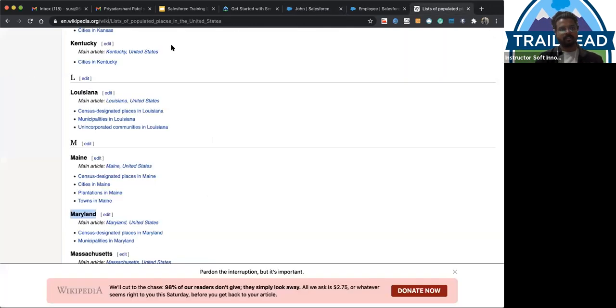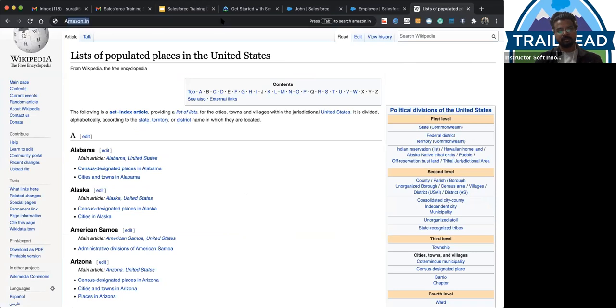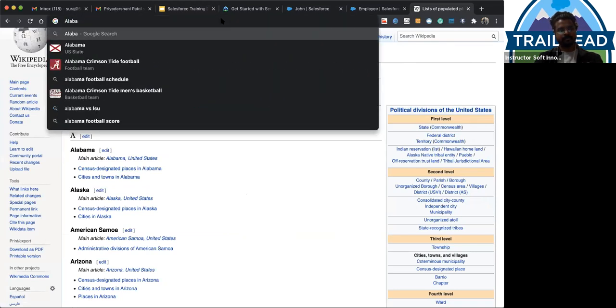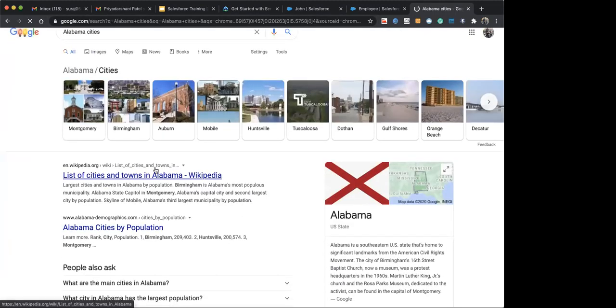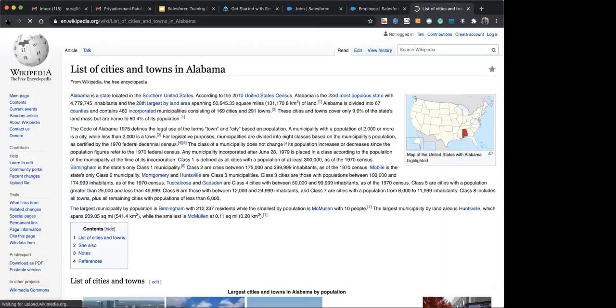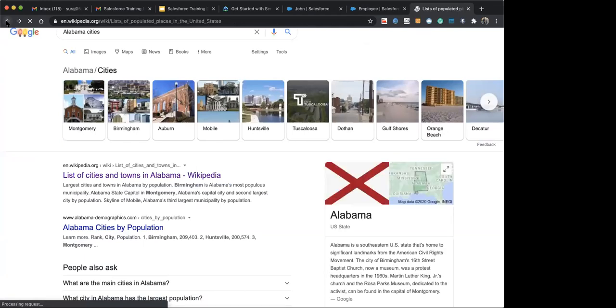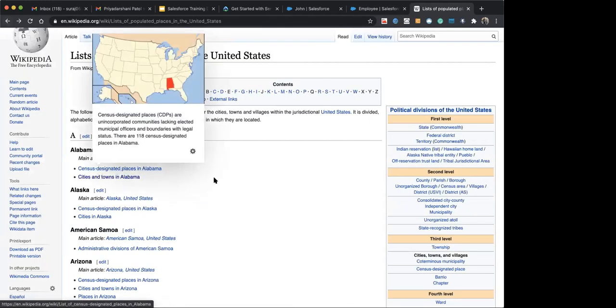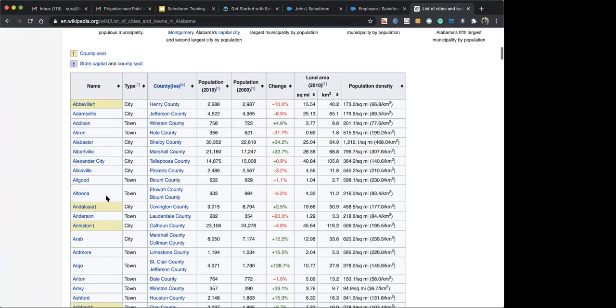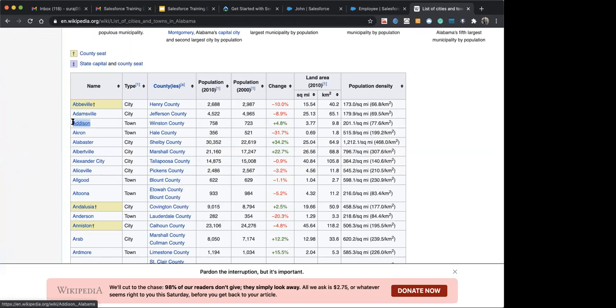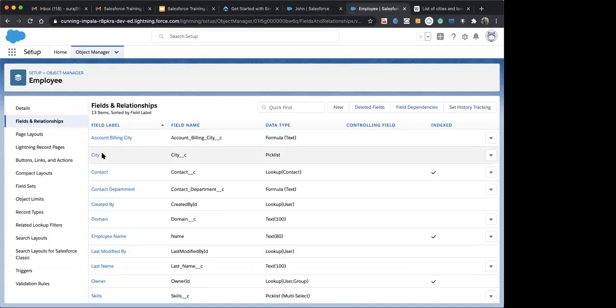So let's have a look at the Alabama cities, cities and towns in Alabama. I'm adding three cities from here to our cities.